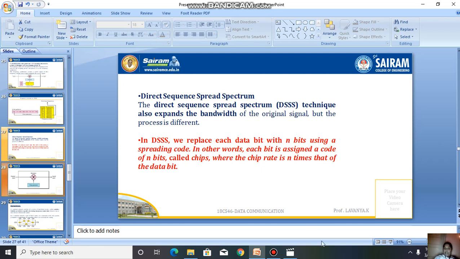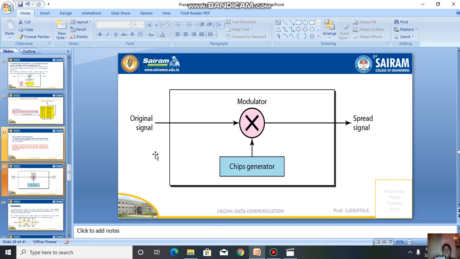I'll show it in the diagram. See, this is the original signal. Our chip generator has n number of codes, n number of bits, for the particular bit, which data